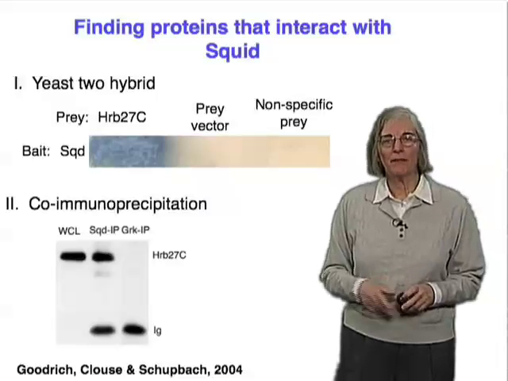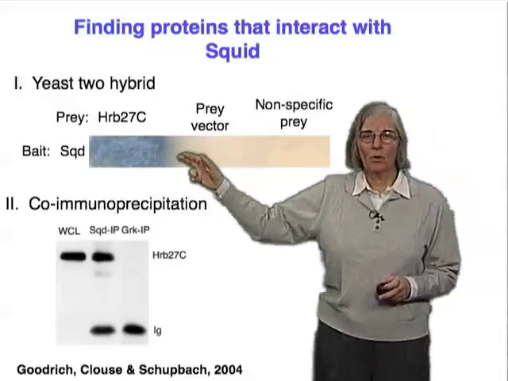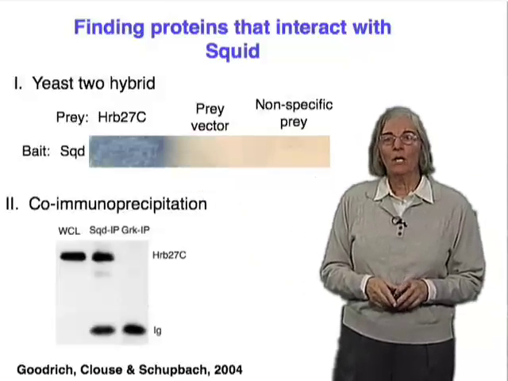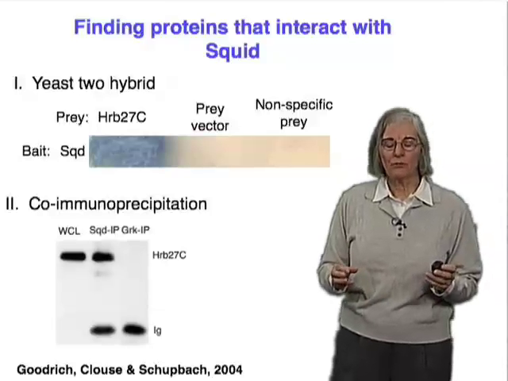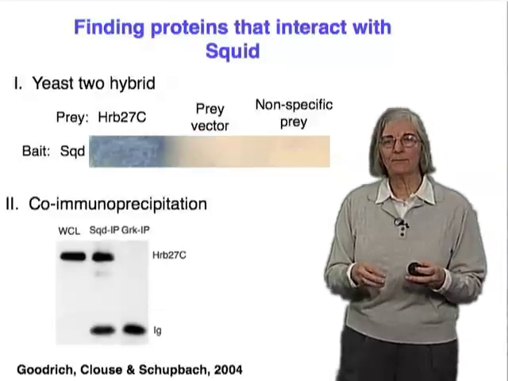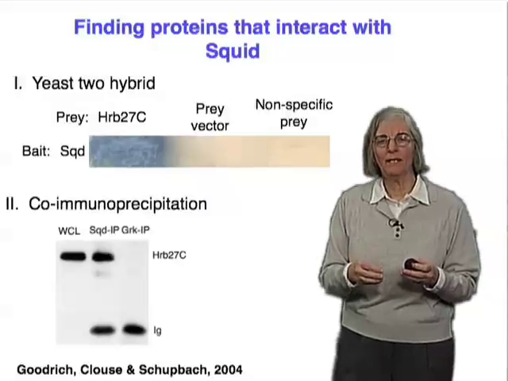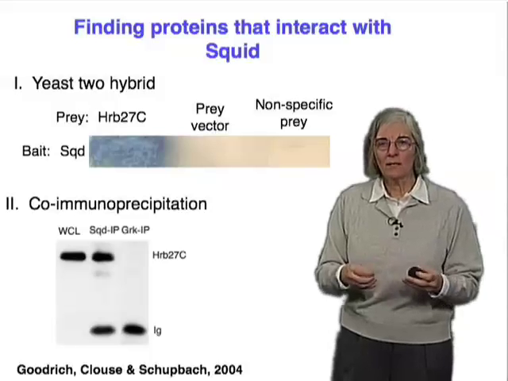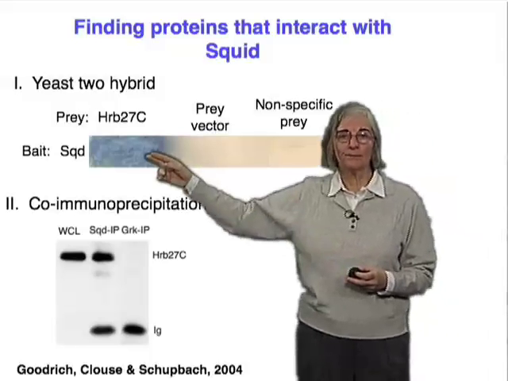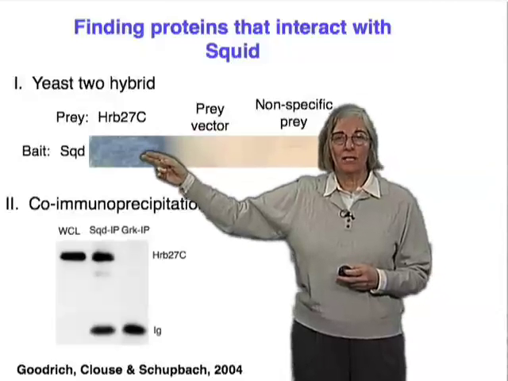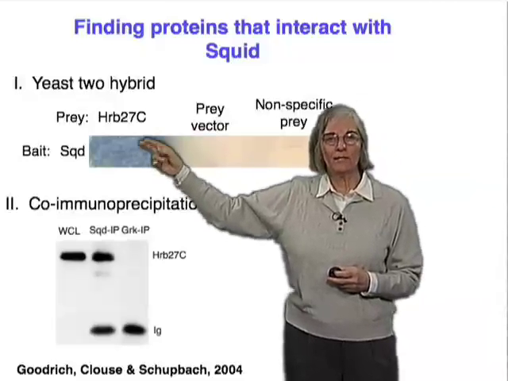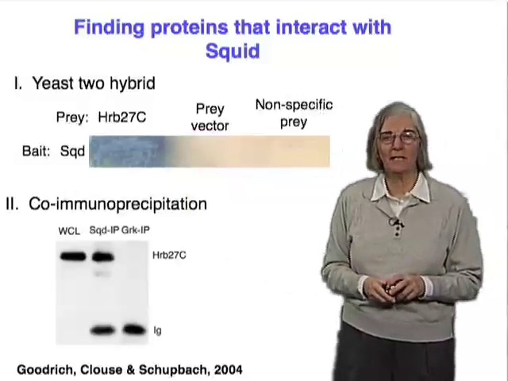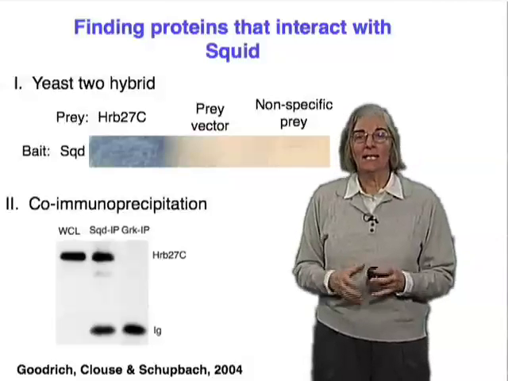They used different methods. One method is to go to yeast and perform what we call a yeast two-hybrid screen, where we transform Drosophila proteins into yeast. And the system is set up in a way that if two of these Drosophila proteins bind to each other, the yeast will be able to produce a blue color. So in this way, Jennifer and Nicole found this gene HRB27C, it's also sometimes called HRP48, which can associate with